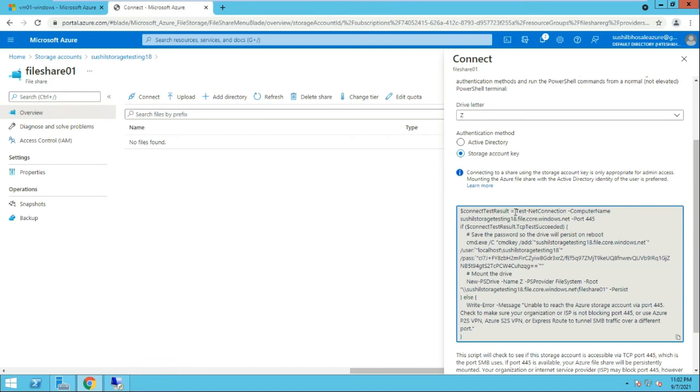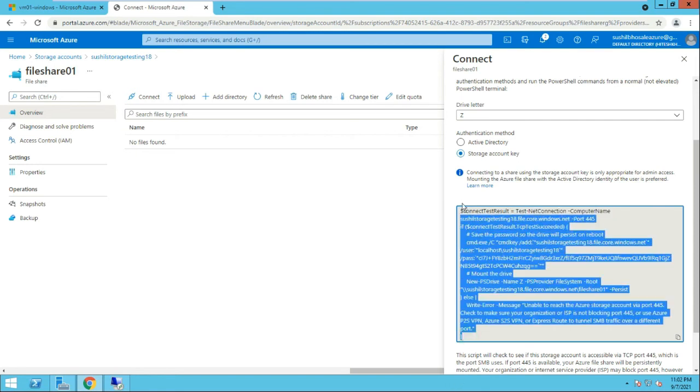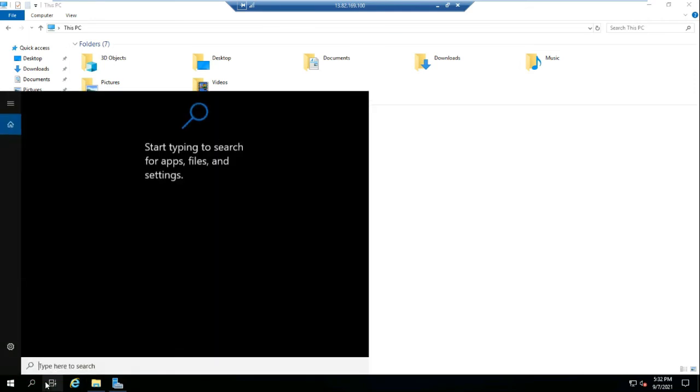First, on line number 1, what we can see is that it is testing the connection with the file share that I have just created, and see the port number. This is the SMB port number 445. It is first checking whether it is able to reach the file share from the Windows virtual machine. If it is not able to reach the file share that we have created, we won't be able to map this file share. So let me copy this code,